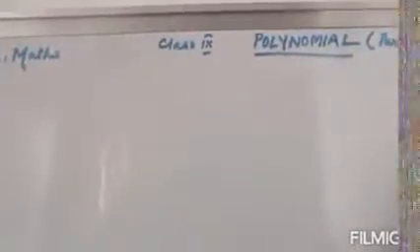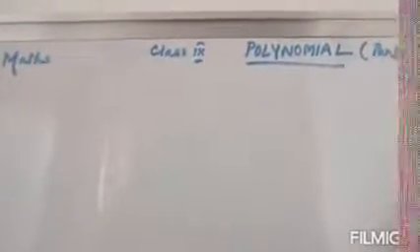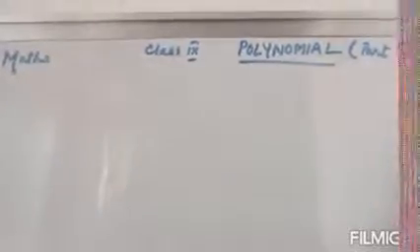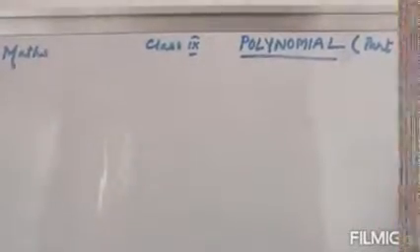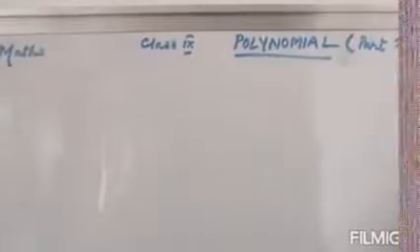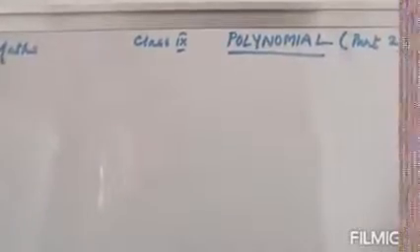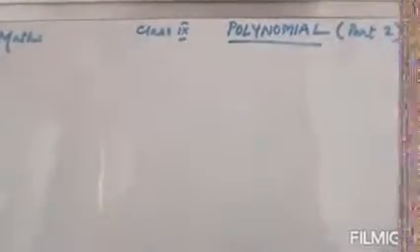As I stated before, zero of polynomial means suppose in an equation, for a certain value of x, if the value of the equation comes as 0, then that value of x is known as zero of polynomial.